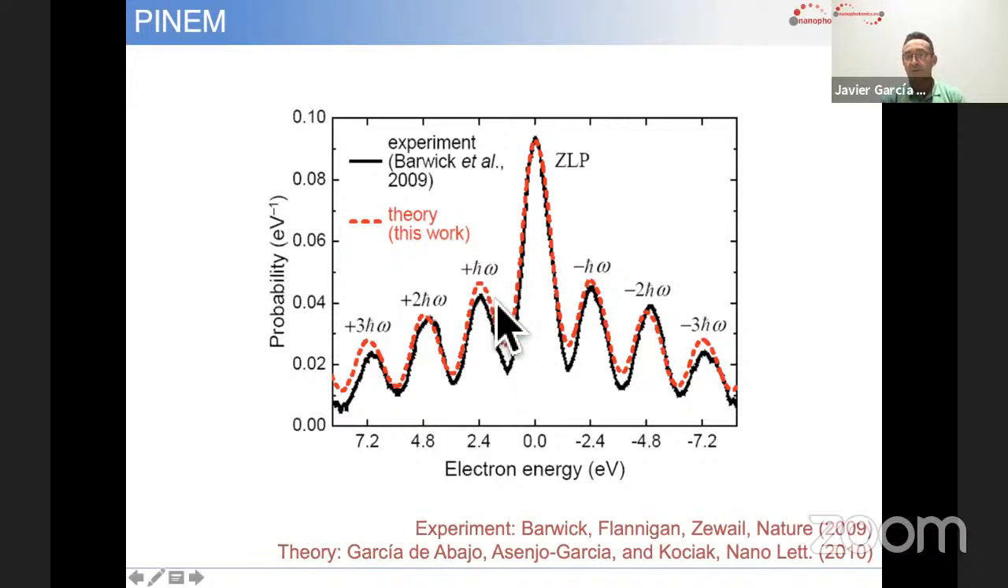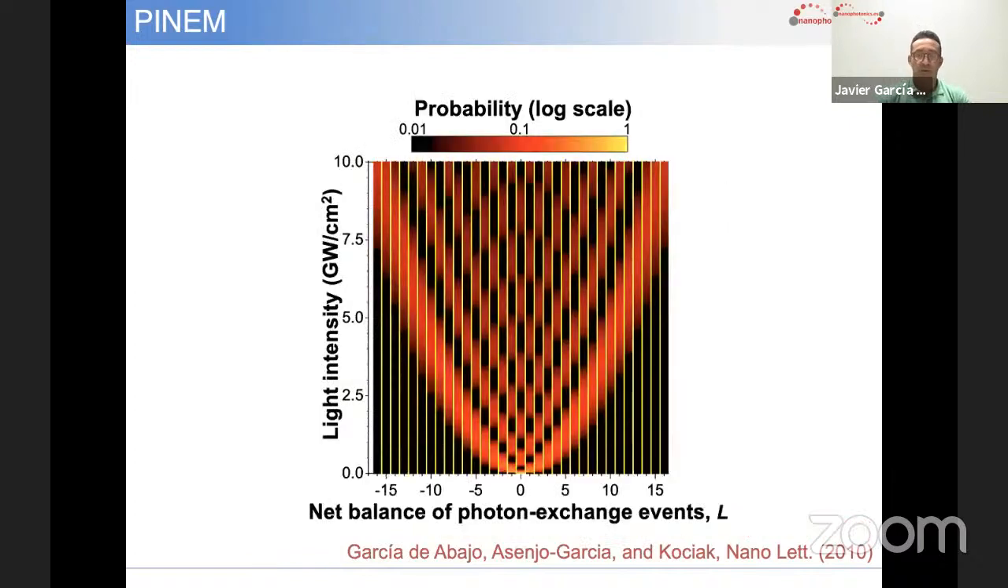Or for the same, then you have a stimulated gain, so the electron can pick up photons from the laser field and also undergo energy gains. This spectrum is typically symmetric because of the nature of these gain and loss processes. We predicted at the time that if you crank up the intensity of the light, eventually the spectrum,